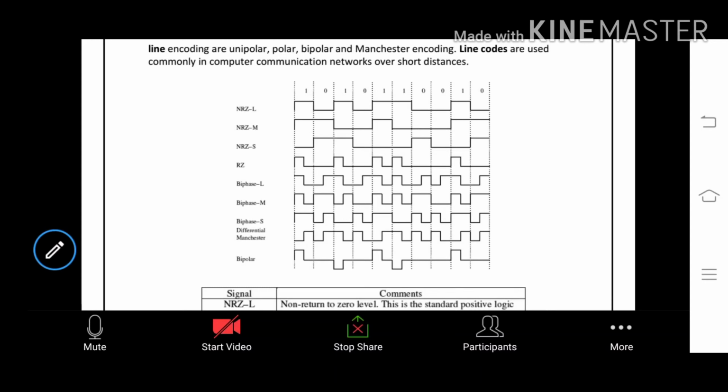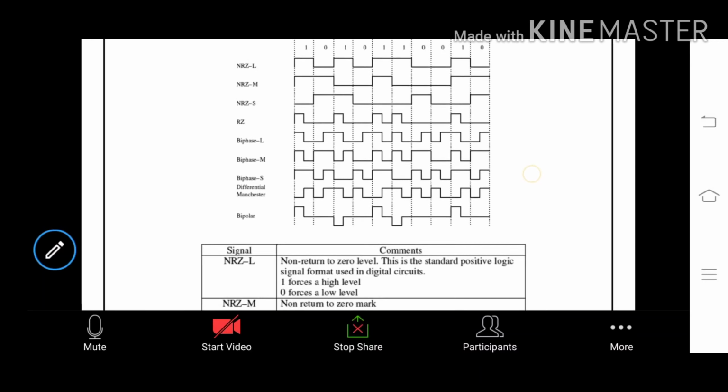So first is non-return-to-zero, which is high, and to define bipolar, it is high and low. That is, you can generate two pulses. So non-return-to-zero is only one, but bipolar can generate two pulses at a time, while non-return-to-zero has only the high level. The remaining ones are the same thing, high and low values, used simply to transmit digital information.